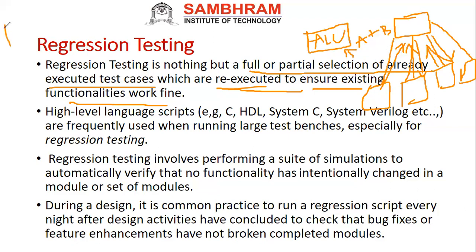Or, in a simple way, I can say it this way also: this is one gate. Here I will simply add one inverter and connect it here. See, for example, I made some modification, but my output is the same. Why? Because this is the buffer, same thing only. So what should happen when I run the complete design? It should not affect the functionality of what you've done previously. The same thing should be there. That is why, further, they will use a high-level language script.